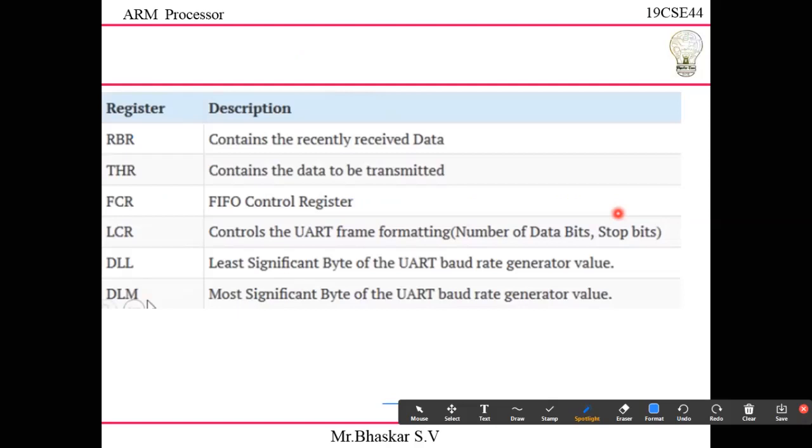LCR is the line control register, which controls the UART frame formatting: the number of data bits we need to transmit, and the stop bit and start bit are decided by LCR. DLL is the least significant byte of the UART baud rate generator value, and the most significant byte is given by DLM. So the baud rate, the least significant and most significant parts, are decided using DLL and DLM. We'll see how to set the values of these.